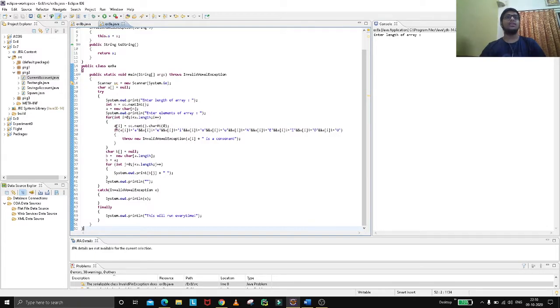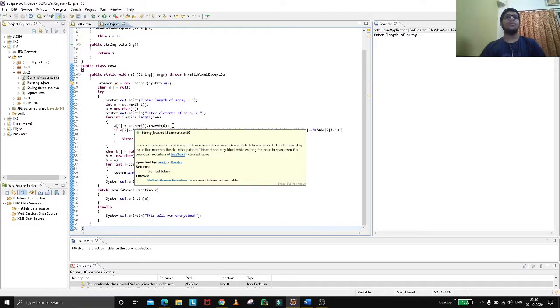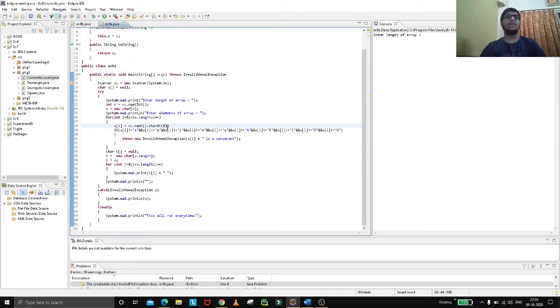It will get a of i, which we have to provide from the user. Since we need to give vowels or consonants, we store it as a char. Now if a of i is not equal to any vowel, we should throw an exception, which is InvalidVowelException, because it is a consonant.